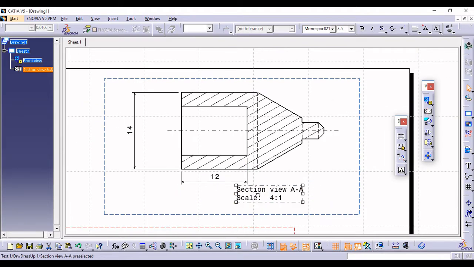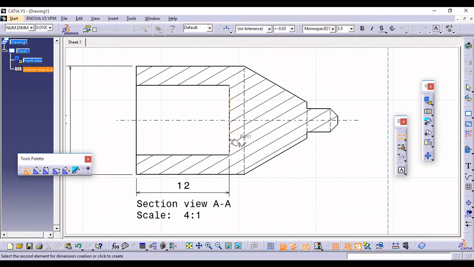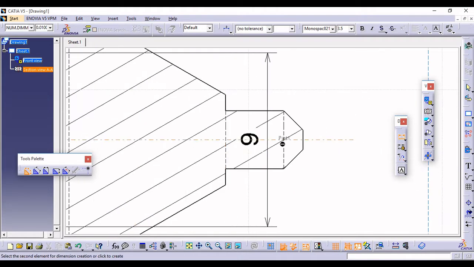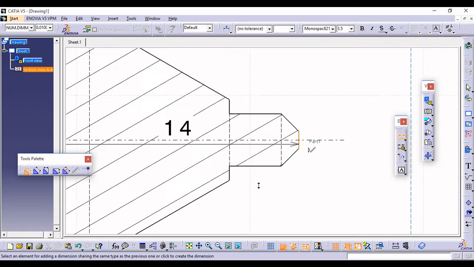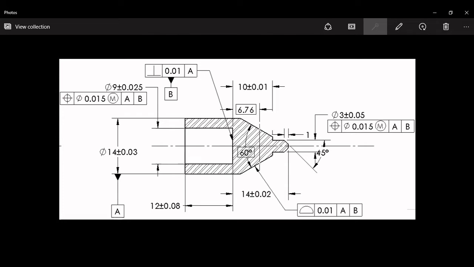I will drag this downward, and from here up to here we have the 14 mm.